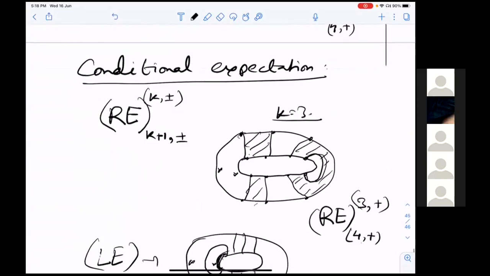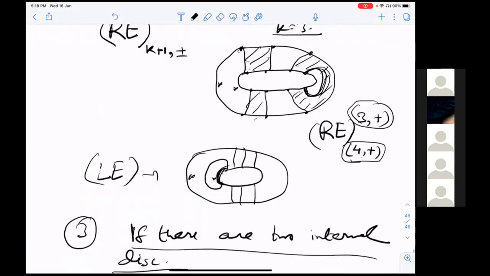And also there are a few more, the conditional expectation. So here in the internal disk there are 8 points, and in the external box there are 6 points. So the color is 3. And the end 2 points are joined like this. These are called conditional expectation. For the internal disk this is 4 plus, and this is 3 plus. Similarly, if you draw this string on the left hand side, you will get a left conditional expectation tangle. So fine, these are all important annular tangles which we will use today.